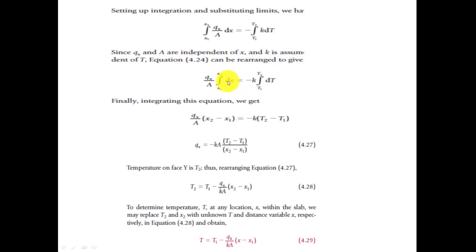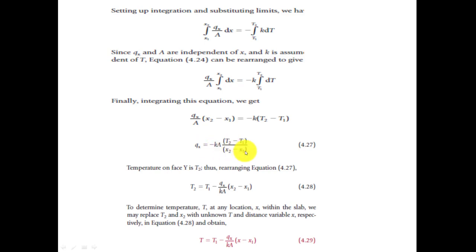When you put the boundary conditions, dx will be x2 minus x1, and dT will be T2 minus T1. Fine. So from here what you obtain is Qx equal to this term as it is, T2 minus T1 times K, and we will transfer this A to the right hand side, so it multiplies with K. So it is KA, and this x2 minus x1 will be shifted to the bottom of the right hand side. So from here we have the value of Qx equal to minus KA (T2 minus T1) over (x2 minus x1).